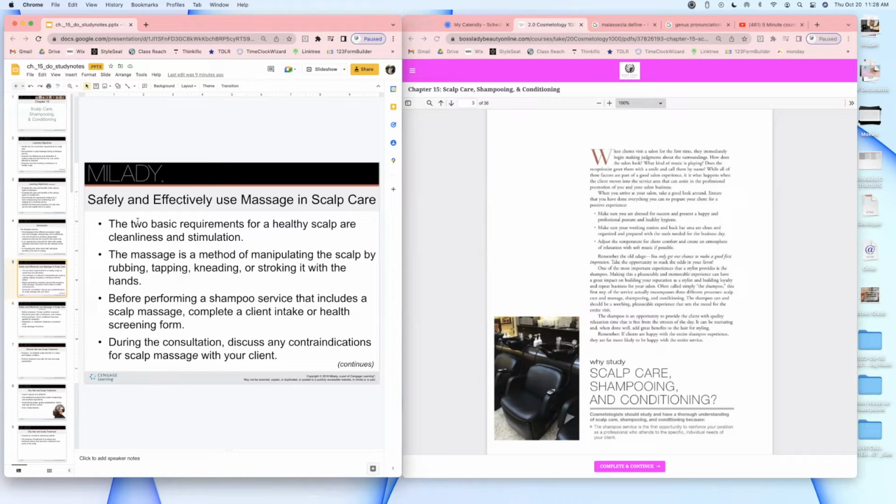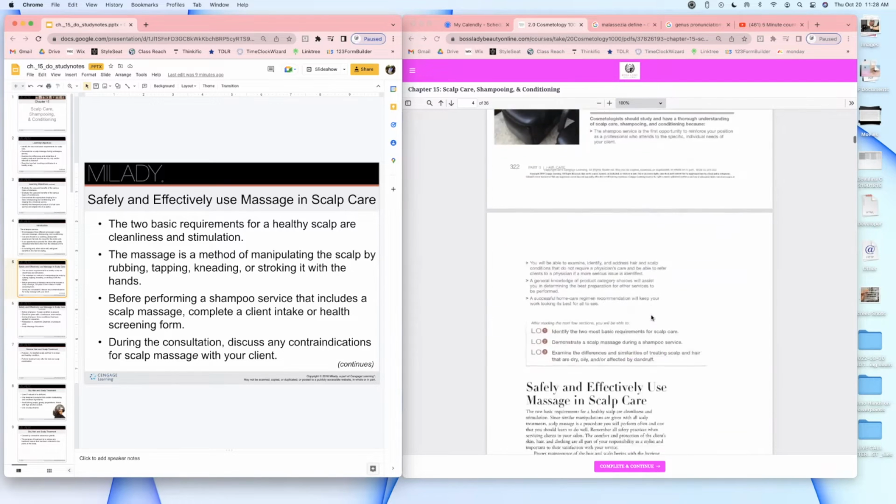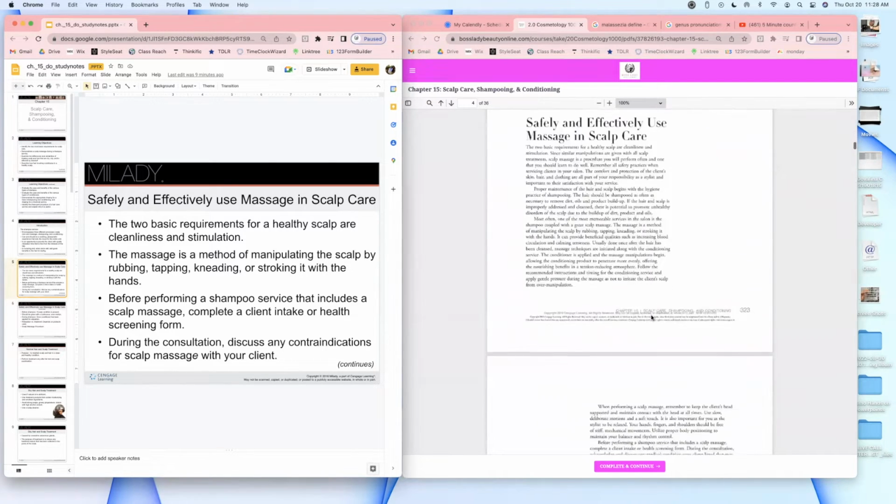Safely and effectively use massage and scalp care. When I was going to school, I didn't understand the benefits of this, but as I've been in this career for 10 years now, I understand the benefits of scalp massage. The two basic requirements for a healthy scalp are cleanliness and stimulation. Sometimes I might mess up on these words, y'all. It's okay. We all human. It happens. Since similar manipulations are given with the scalp treatment, scalp massage is a procedure you will perform very often. I do it almost every time I have a client,